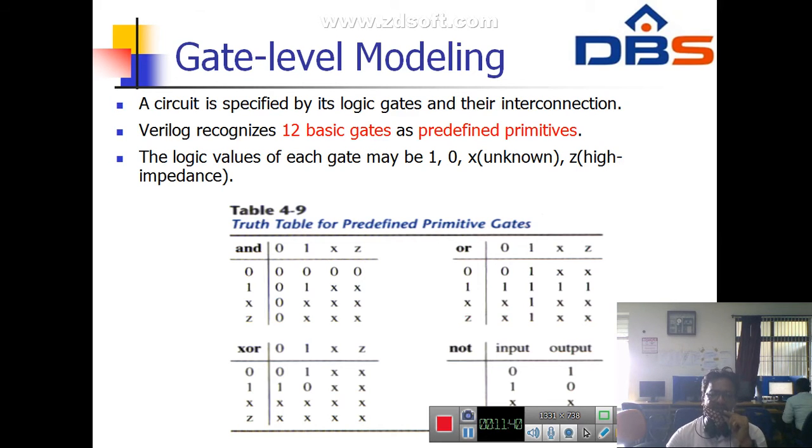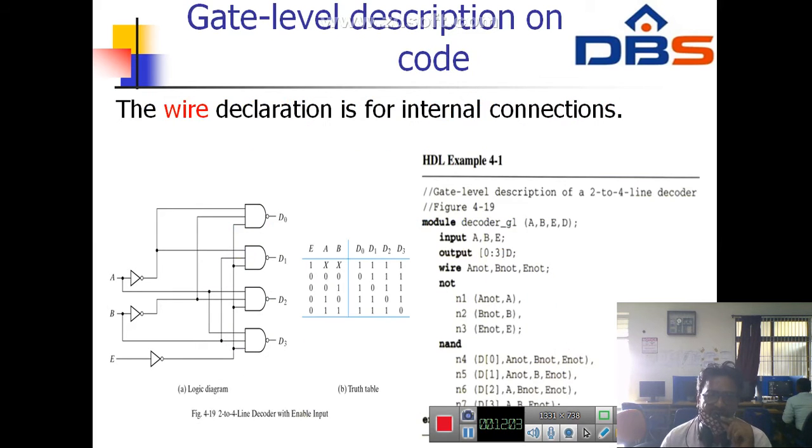So these are different. In the same way, we have to perform the OR operation, XOR operation, and the NOT operation. Whatever we define in gate level modeling, in a VHDL program, we will use these types of primitive gates or operations to perform any combinational function.